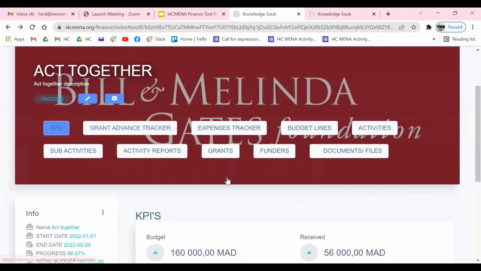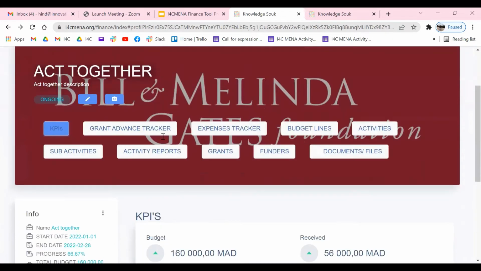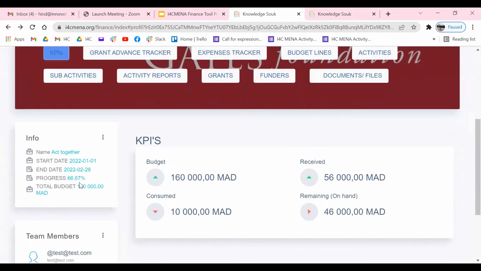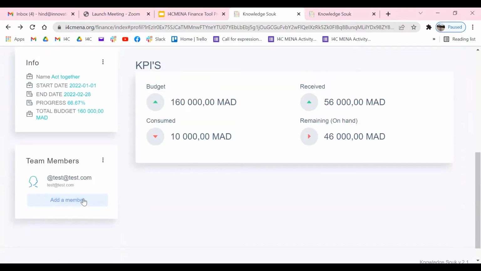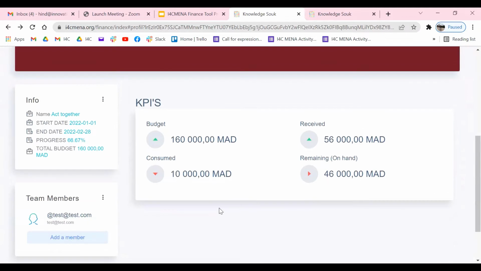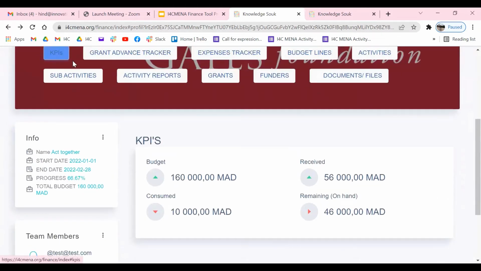We have also here some functions that are needed to manage this project. The project info right here, and from here you can add the new member to work on the tool. For the first function, we have this is the KPI, or the financial key performance indicators.